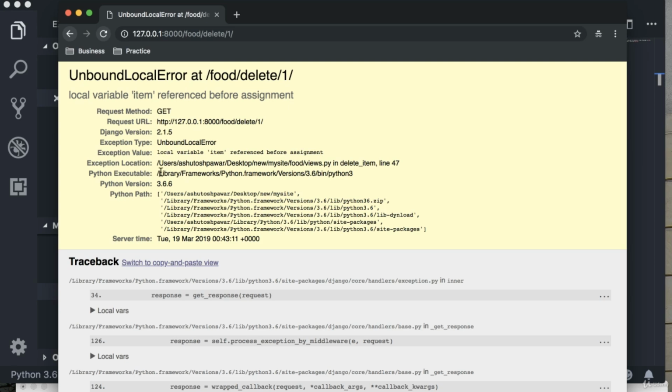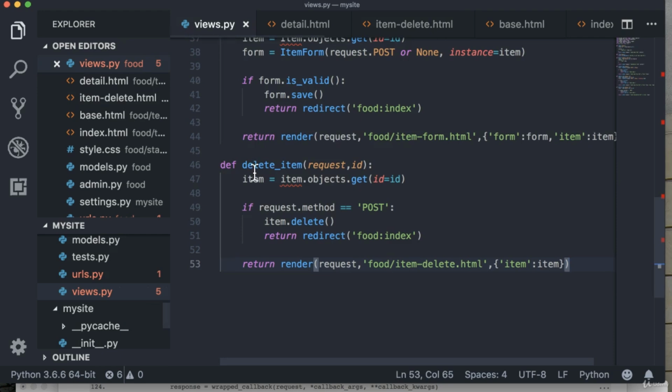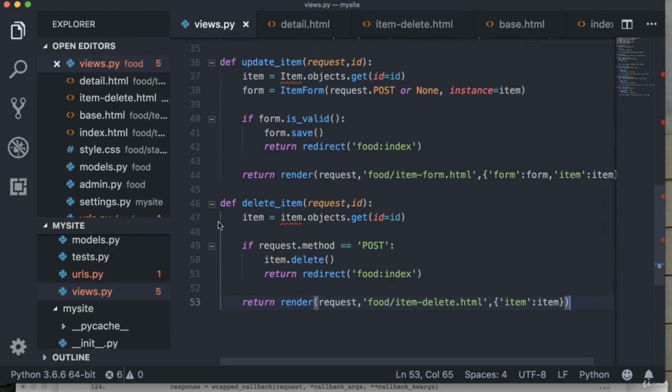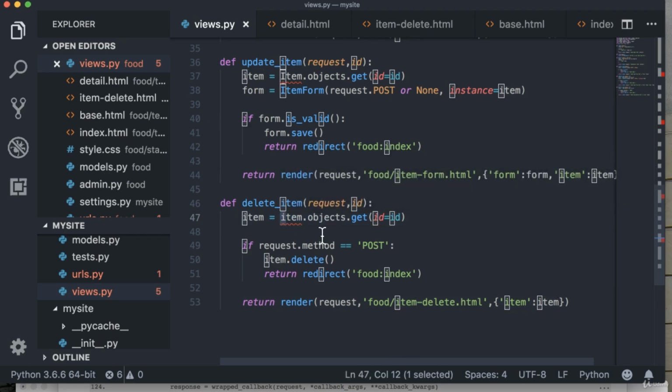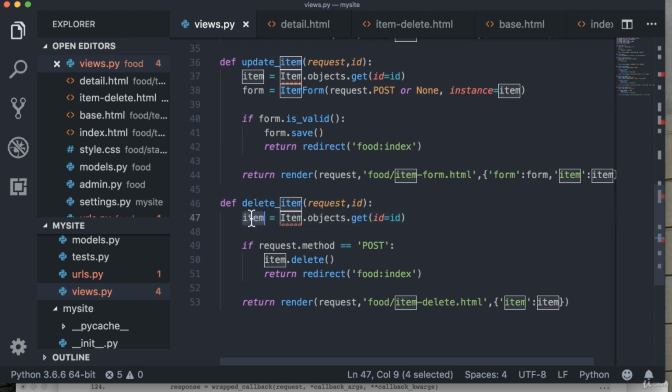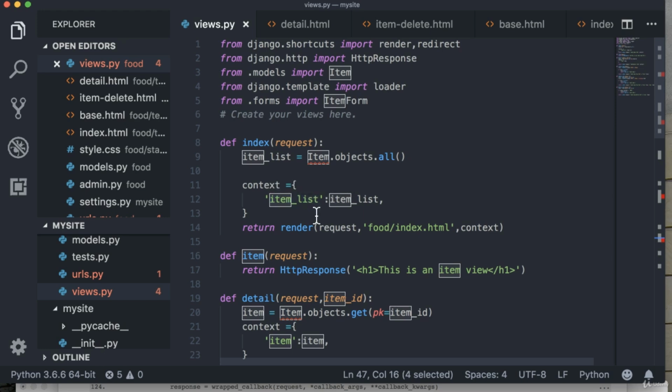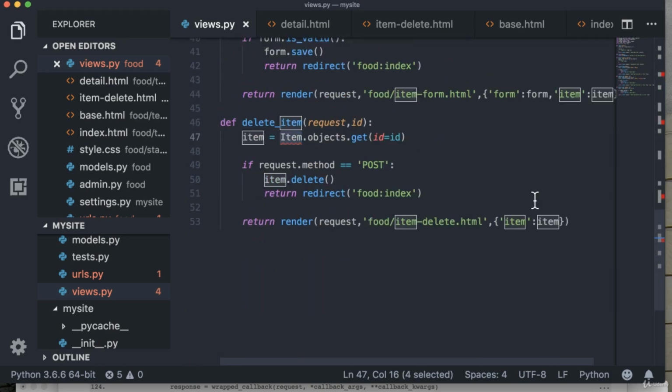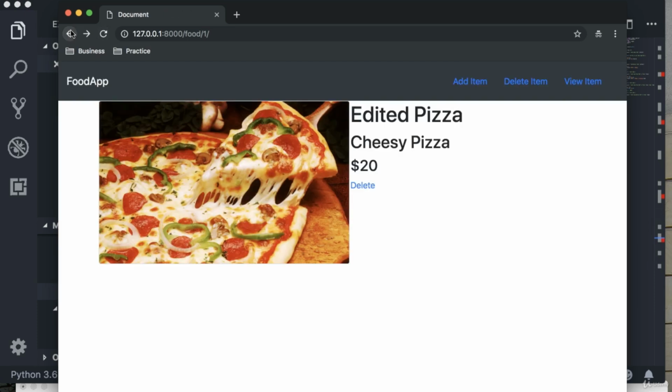So right now, if we read this particular error log, you'll notice that we have an error in this particular file, which is views.py in line number 47. So let's go to views.py, let's go to line number 47. And here, as you can see, we have an error right over here, and that's because we have used item over here, and that should actually be Item, the model, not this item right over here. So this Item is nothing but the model which we have imported, and we need to make sure that we use that. Now once I go ahead, save the code,